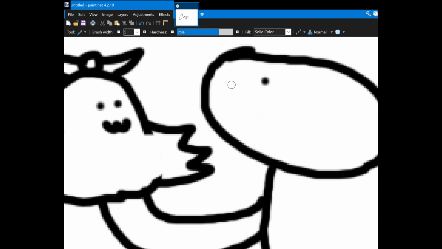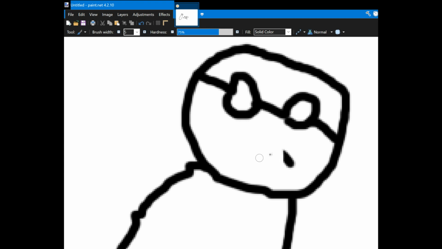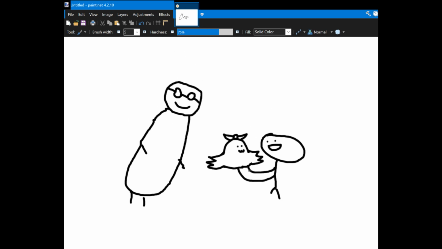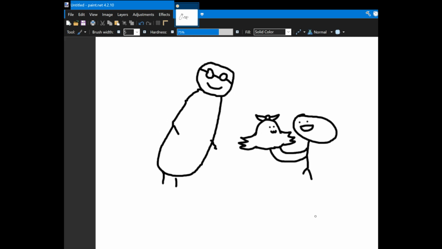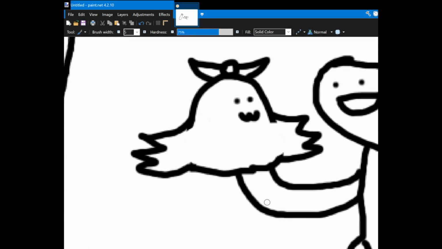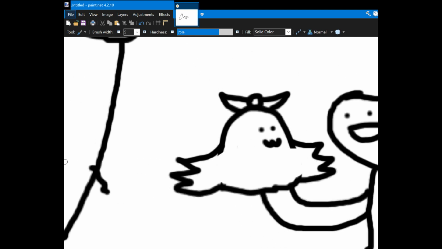Let me just erase my eyes. There, now he's the kind shop owner giving me my very own Trubsy. Gabe Newell has gifted me a Trubsy. I love it so much. Oh my god. Hold up. Hold up. I've got to,